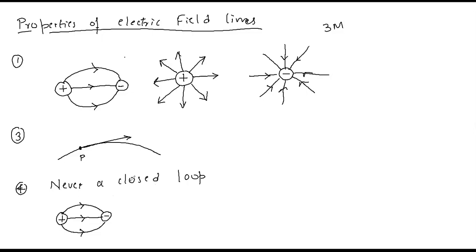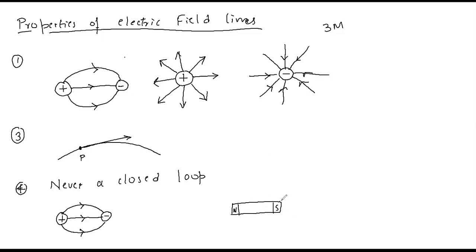But just for your understanding purpose, I am giving the example of a magnetic field. We'll study the magnetic field in detail in the coming chapters, but just to show what is a closed loop and what is an open loop. Same as the electric field, we have a magnetic field. For that, let us consider a bar magnet. We all have seen the bar magnet. So here is the north pole and here is the south pole.